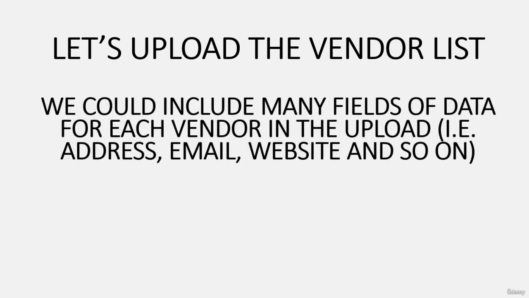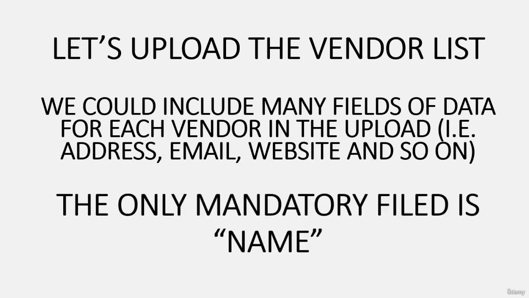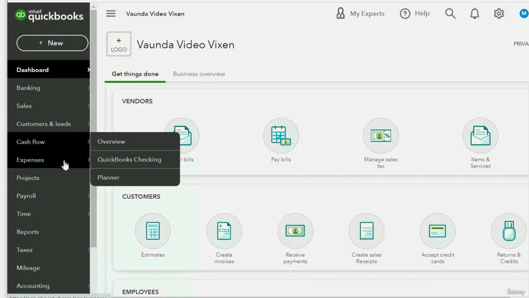and the last part of the setup is uploading the vendor list the same way that we uploaded the chart of accounts. We could include many fields of data for each vendor to upload, like the address and the email and the website and so on. But only the name field is mandatory. So in a real situation, you would have all these other fields that you would map just the way I mapped the chart of accounts a moment ago. But this file that you're uploading now only has the vendor name because that's all we really need for this project. So we click Expenses,